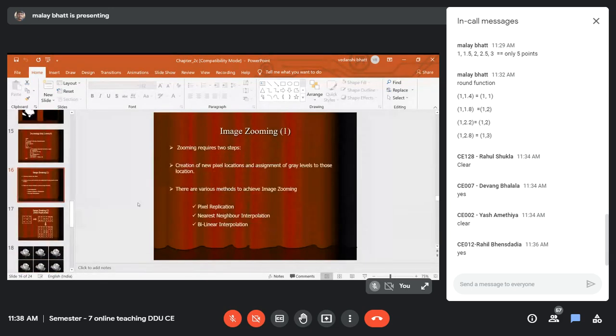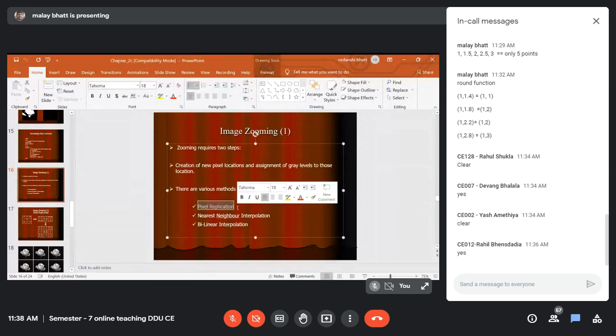So far, we have focused on two methods of image zooming. The first is pixel replication, and the second is nearest neighbor interpolation. The third method, which involves a lot of calculations and gives a far better picture than these two, is known as bilinear interpolation.